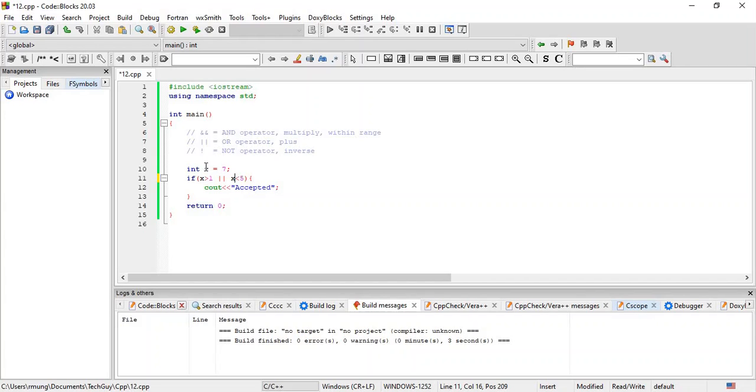Now as x is equal to 7, it is correct for x is more than 1. In the OR operator case, it will accept things as correct